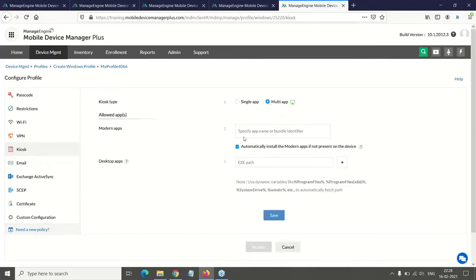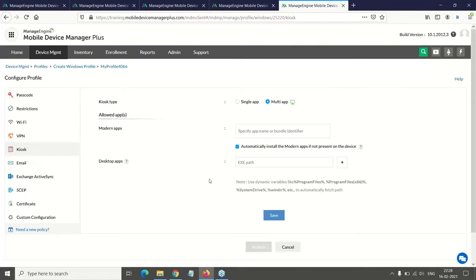If you choose multi-app kiosk mode and provide multiple applications here, the user will have multiple applications available on the screen, and the user can toggle between those applications, but he cannot access any other applications that are not allowed. One important advantage here is you can automatically install the Windows applications on the device, even if they are not already installed on them.